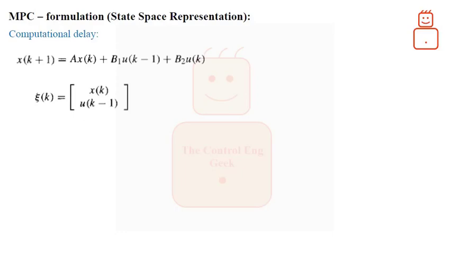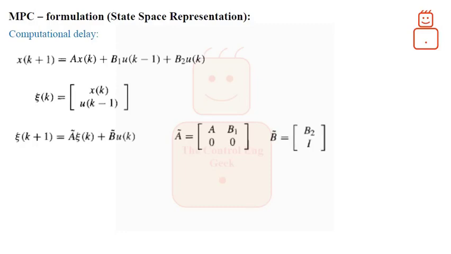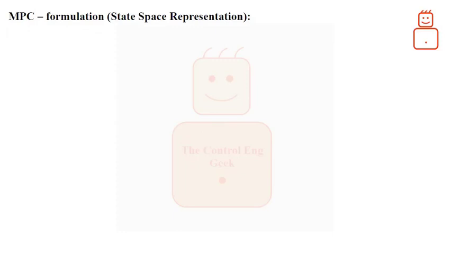And the resulted discrete state space dynamic would be, where a hat and b hat are given as, whereas the output in terms of the new variables is, where c hat is. By these simple steps, one can include the MPC computation time into the considerations. Now, as we have introduced modeling, cost function and constraints, the last link in the MPC problem series would be